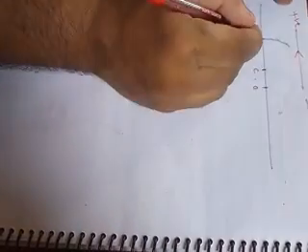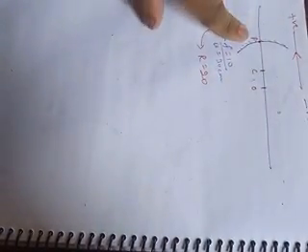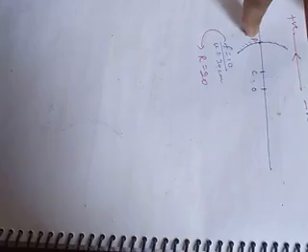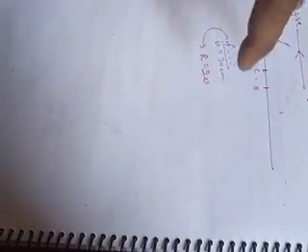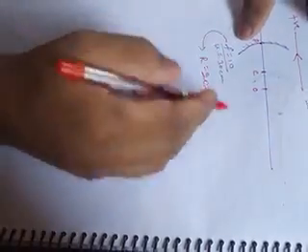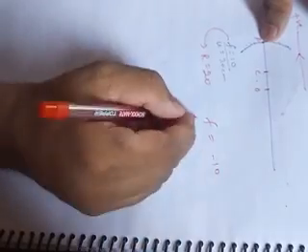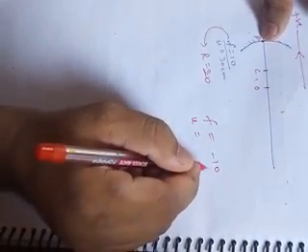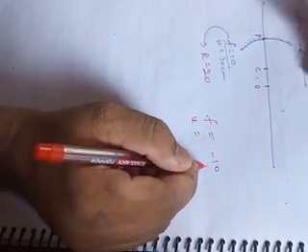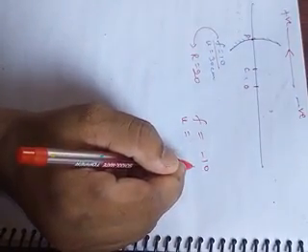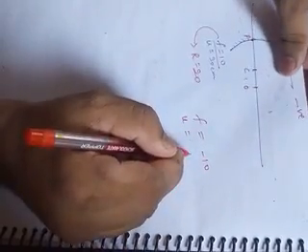The ray will pass from right to left. So this is your positive and this is your negative. So every measurement will be from the pole. Any measurement in the left direction will be positive and every measurement in the right direction will be negative. So what we are getting is the focus on the right, which is on the negative side. So f equal to minus 10. Similarly, u also on the right side, which is negative, opposite to the direction of rays. So u also negative. How much?